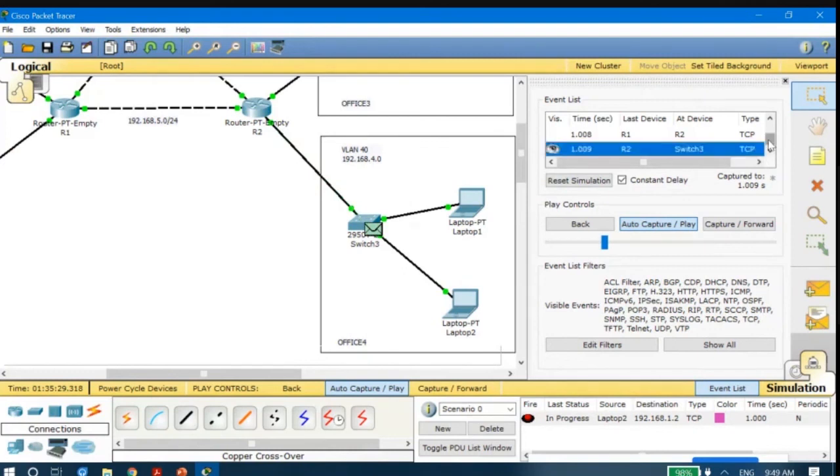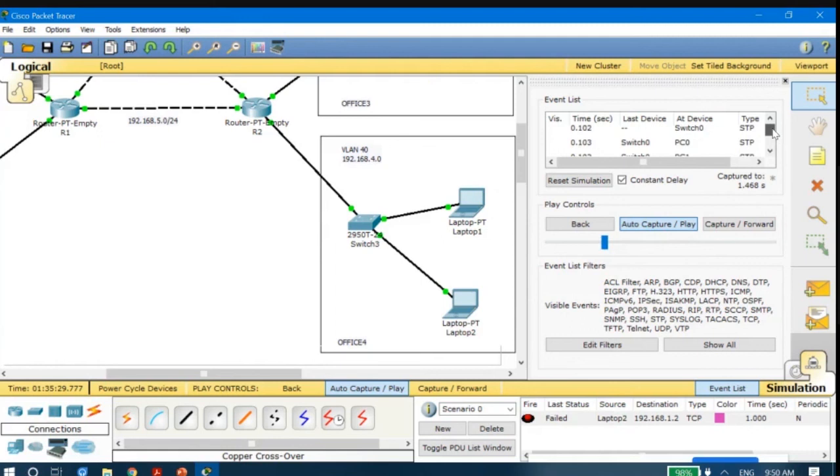On the event list, you could see when and how the data has originated. You could see that it originated from your switch. Let me show you here, from which PC.